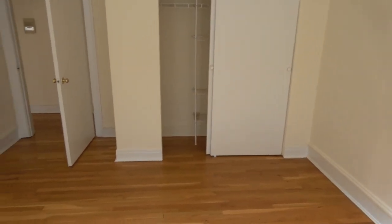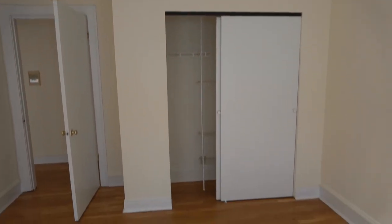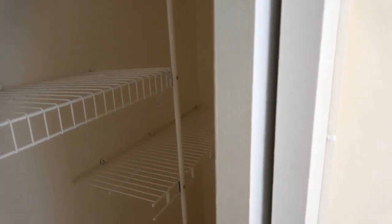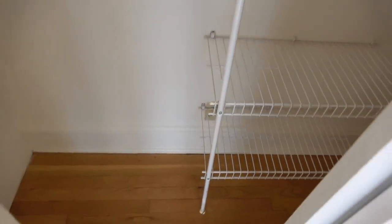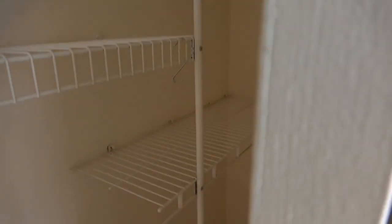If I turn around at the windows, you see a nice big closet. There's the door we came in. The ceilings are quite high, and there's a ceiling fan up there, so that's super nice. As we go to the closet, you can see that it's really quite deep. It's at least 6 feet across, not quite, maybe 1.5 feet deep. We have shelves in the middle, higher shelves there, and a shelf there. You could use them both as hanging bars, and another one here. These are designed so you can slip your hangers in right there. So it's actually a very well laid out